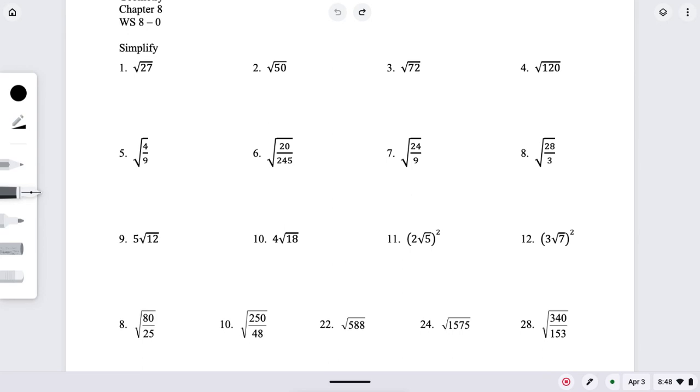There are notes for your handout. There's a PDF that I posted on Classroom, so you can just fill in the blanks. But I just figured I'd go through the examples with the worksheet so you knew how to use it. So just starting with number one here, I have a square root of 27